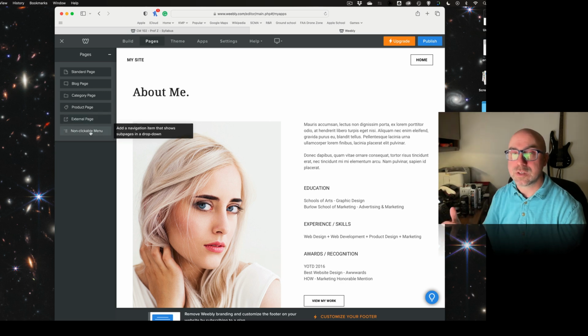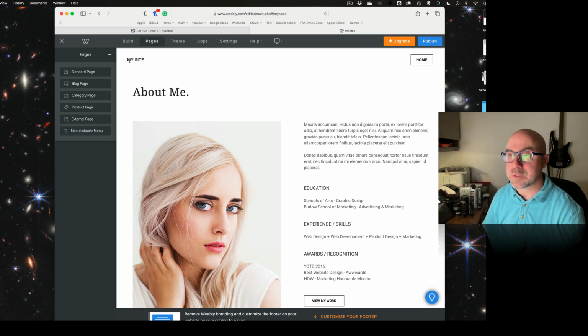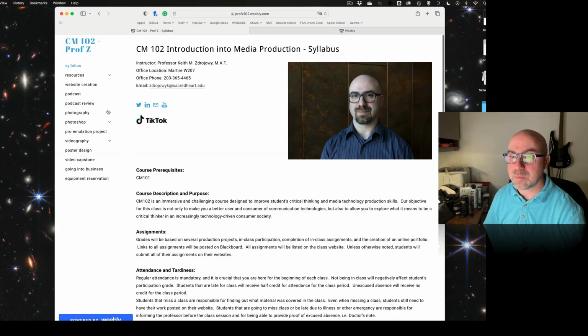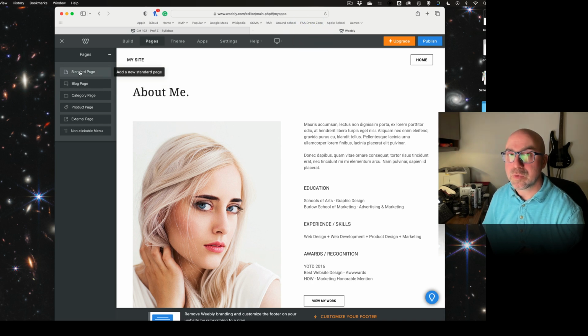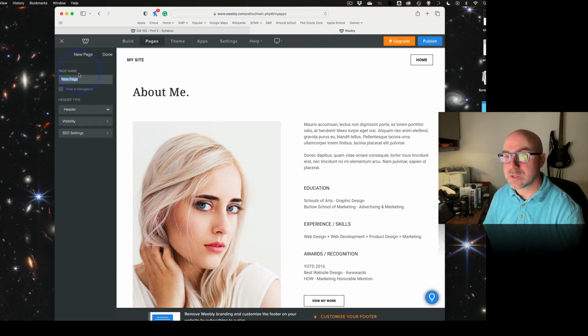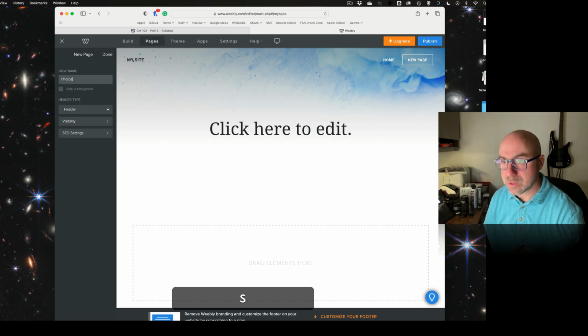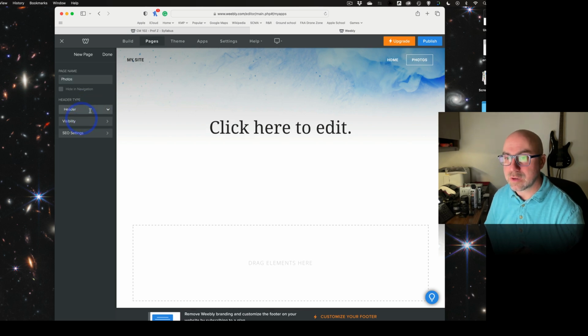So if we had subpages, and I have that on my website here actually, where we have menus that have things that drop down, right? These are our menu pages that can have things embedded within them. But for right now, we're just going to create a standard page, and we're going to call it photos, and I'm going to take away the header